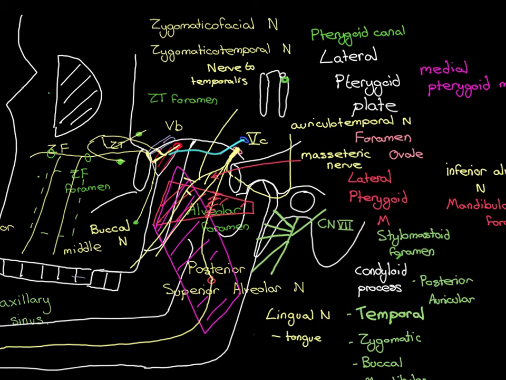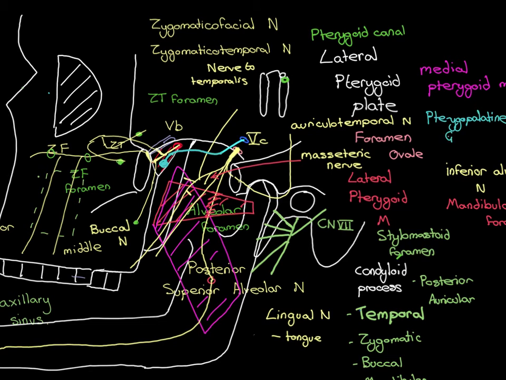Okay, right. So the preganglionic parasympathetic fibres have all now got into the pterygopalatine fossa, and in the pterygopalatine fossa is going to be the ganglion where they are going to synapse onto the postganglionic parasympathetic fibres. So let me draw this in, and I don't want to obscure anything else, so I'll put it here. So here is this ganglion that it's going to enter, and what do you think that ganglion is going to be called? Well, what else would it be called other than the pterygopalatine ganglion? So there is a ganglion in the pterygopalatine fossa, and it's called the